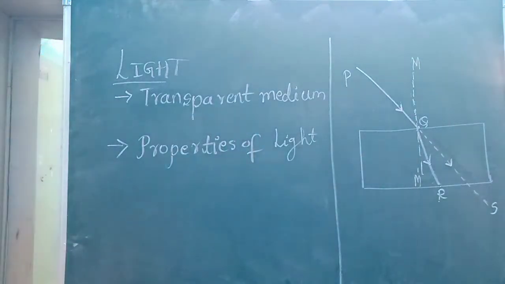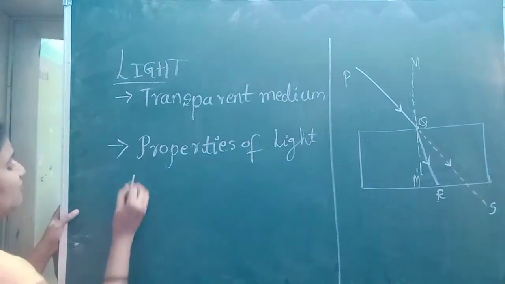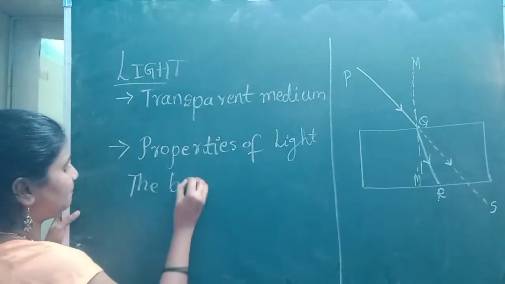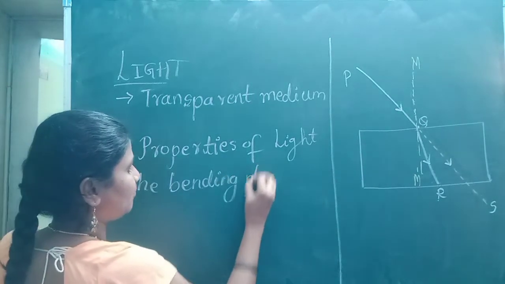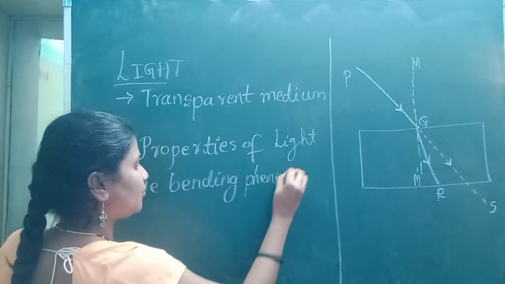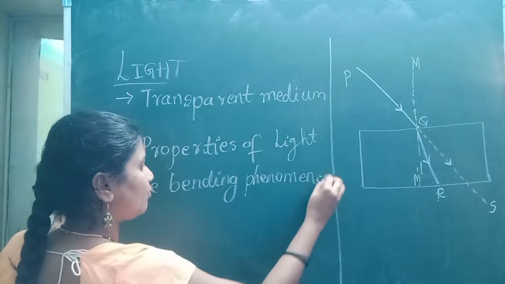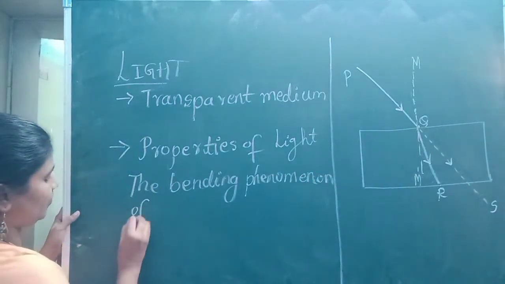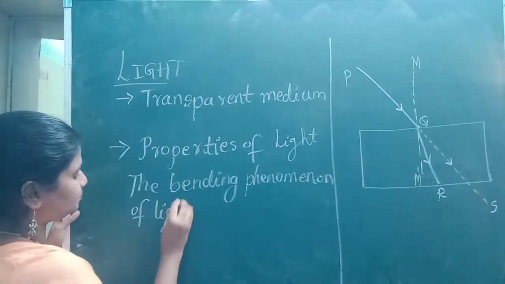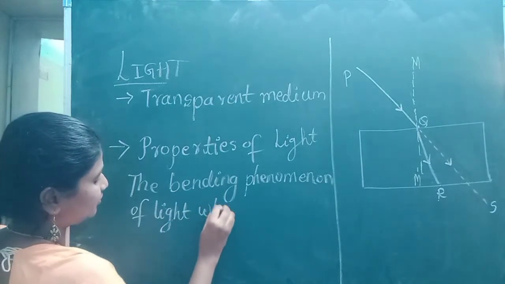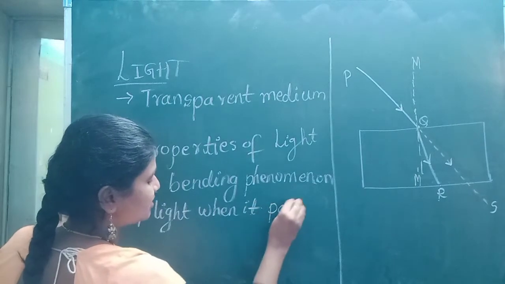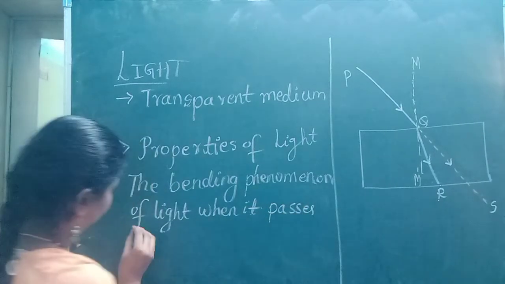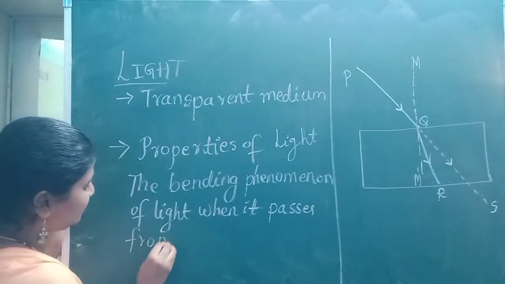So the definition goes like this: the bending phenomenon of light when it passes or travels from one medium